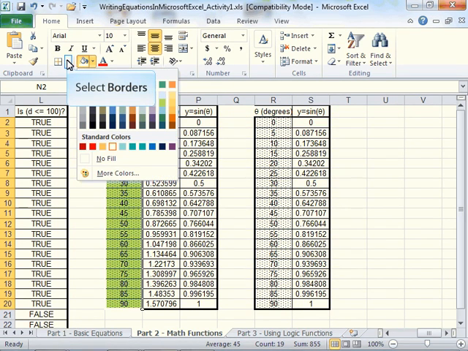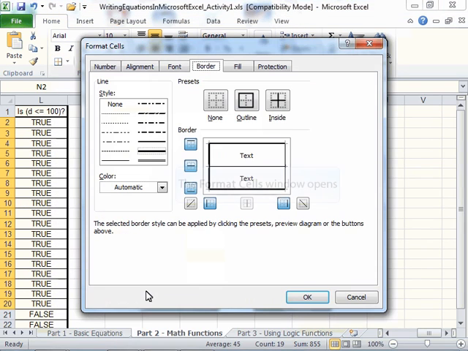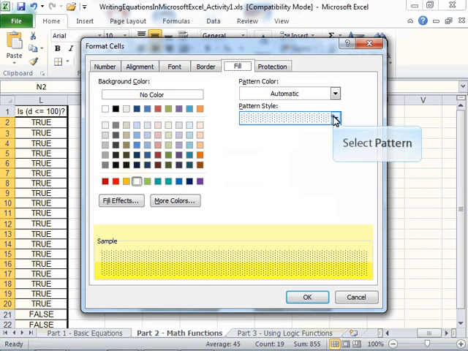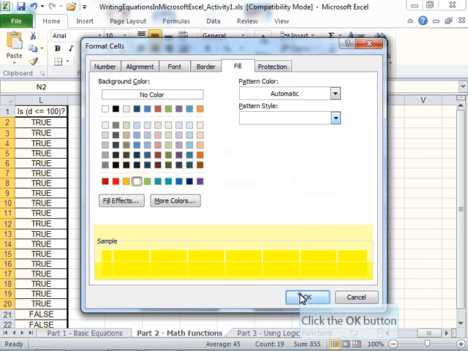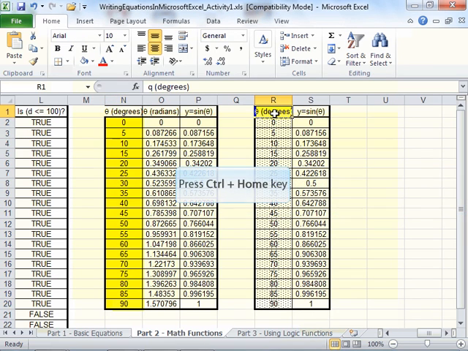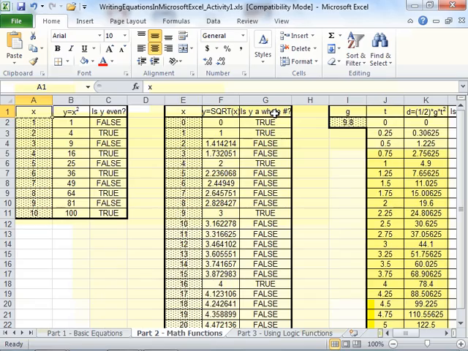and the one thing I shouldn't have done is this should not have been in hash marks. I should take that out. Okay, so